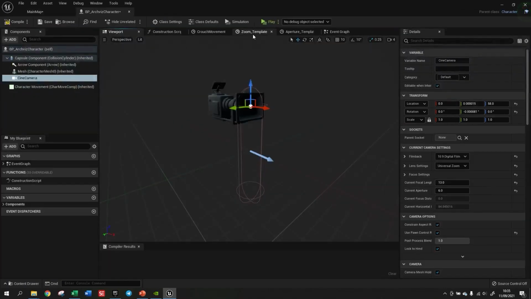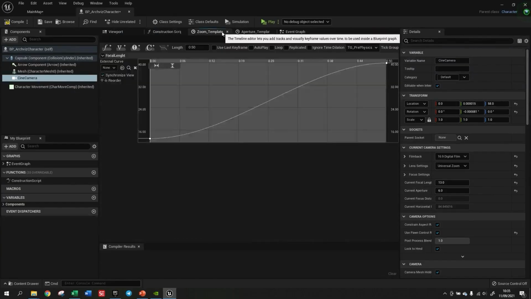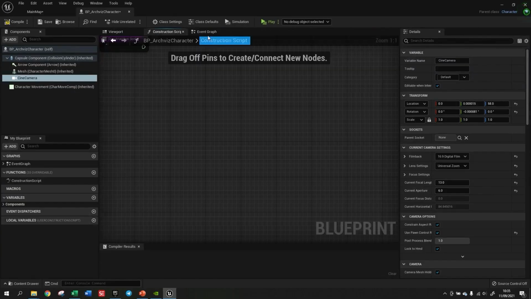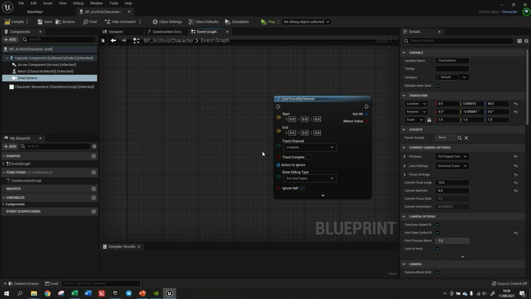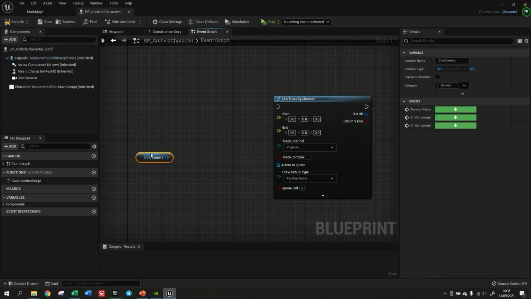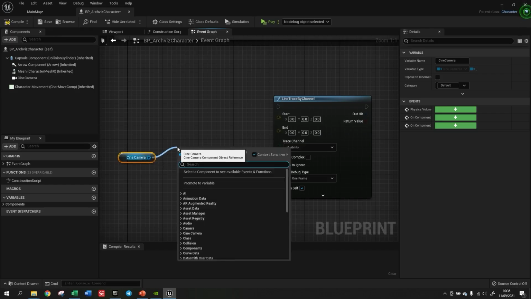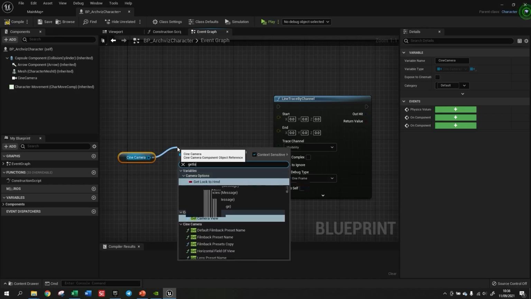So all we have to do is this. Let me just close some of these things to make it a little bit clearer. Okay, back to our event graph. First thing we have to do is start from the camera, so we get a reference for that, and that's going to help us because it's going to start from the camera point. So what I have to do now is get the camera position. So if I type in get location,